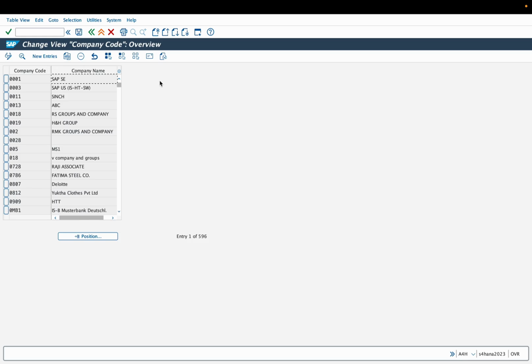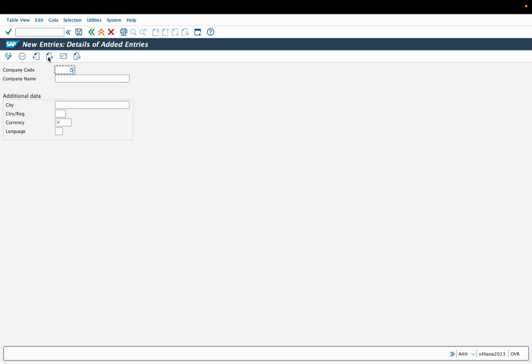Once you click, now you can see that earlier we were unable to see the new entries because it was coming as display. So a user was already in this particular screen. So right now we are in this particular screen. What we will do right now is click on new entries, and this field over here is a 4-digit alphanumeric. So now here I'm going to give DP01 once again.